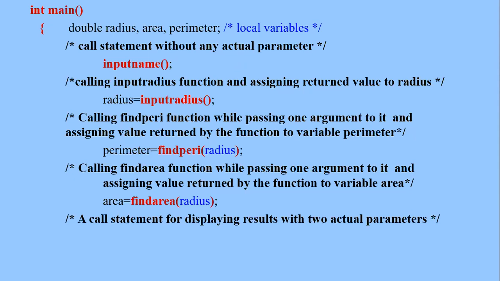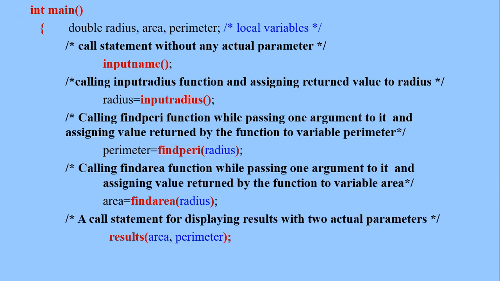Then the control will be taken to the next statement. So the next statement is another function. This function is a void function. It is not returning anything, but it is being sent two values. One value is the content in memory location called area. The other value is the memory location called perimeter. So the content of area and the content of perimeter variables will be sent to the function called